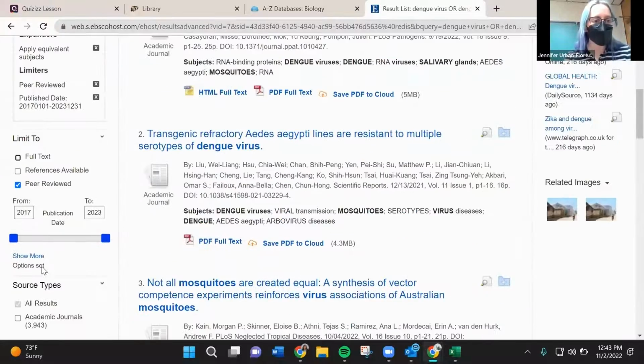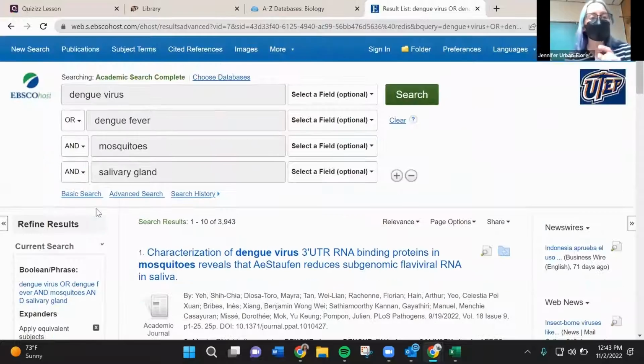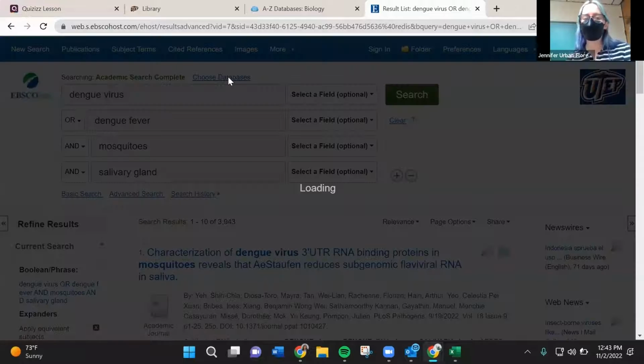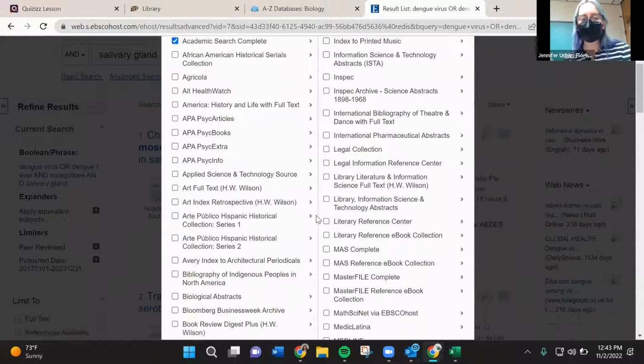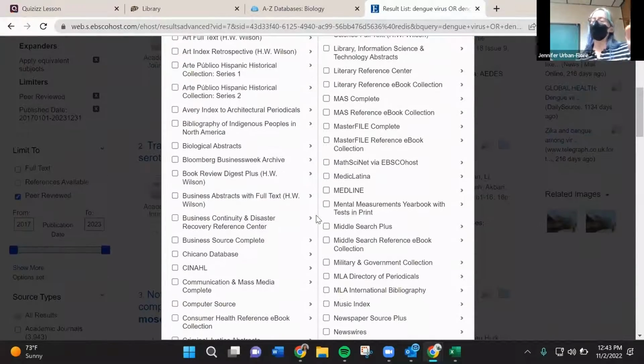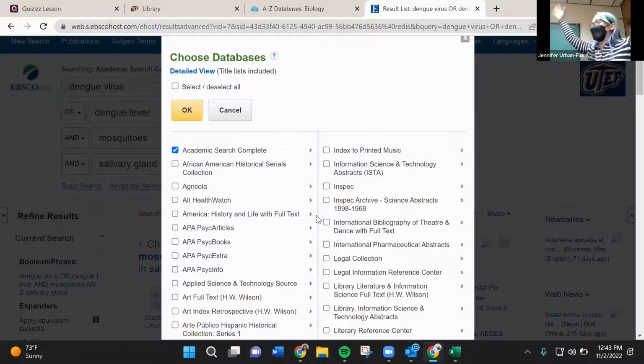There's academic journals. There's even one thing you could do is, so right now it says we're searching academic search complete. I could select here and go to databases. And what's cool is, this may be a little daunting to look at, but there's all kinds of different databases that you could specifically ask it to search, because EBSCO academic search complete is kind of a big umbrella.